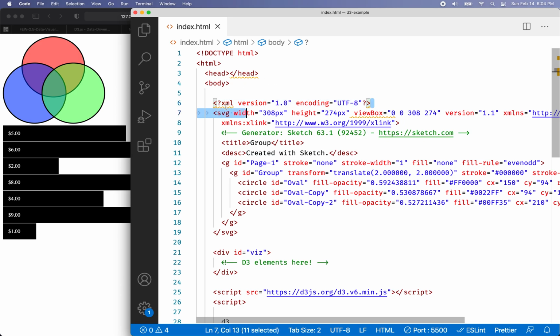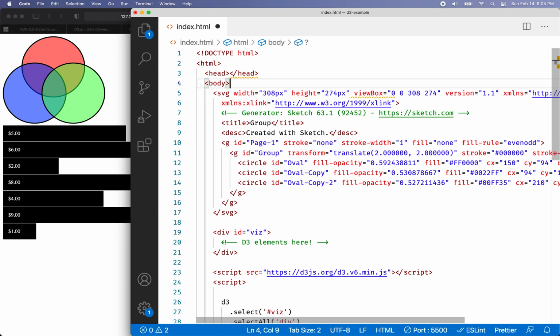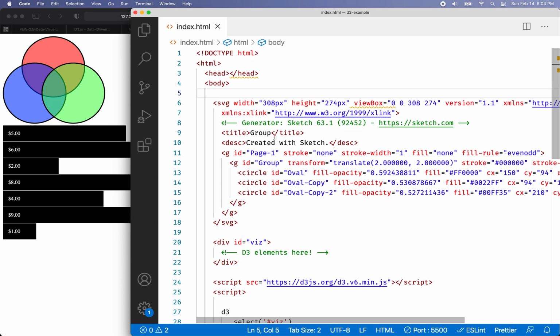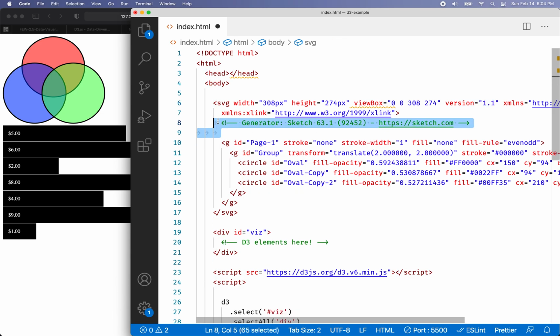So actually, as far as we're concerned, we can get rid of this thing, so that doesn't do anything for us, right? And then you can see I have this SVG tag, and it has a width and a height, right? And then it has a view box, a version, and some other things, right? Okay. And then inside there, there's a title and a description. And I can actually get rid of that,